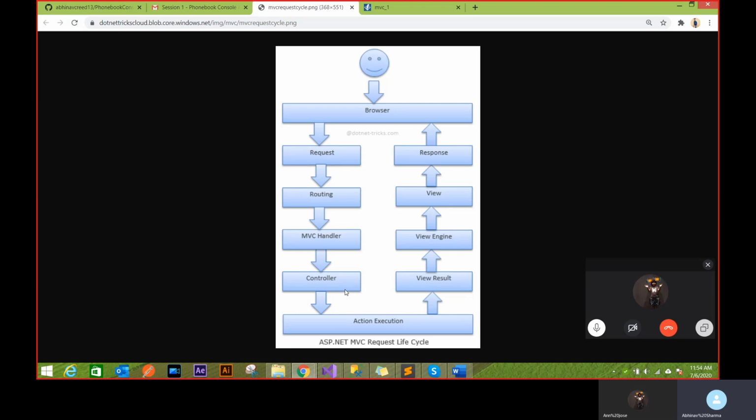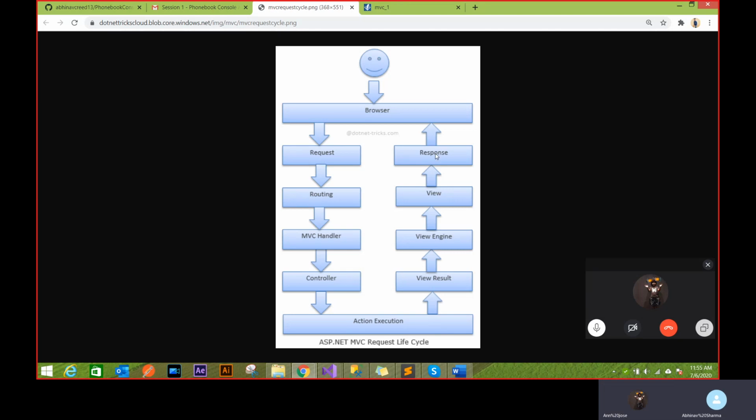Models will never have functions. I'll explain how a model works and show you a complete example. But the way the whole routing works, a request is given to routing. Routing decides which controller and which action it is going to be passed to. Then the controller will have different actions, and we will execute that action and generate a view. That view will be given to the view engine, which will convert that view, which is on the Razor pages side, I'll show you that, to HTML and give back the response.